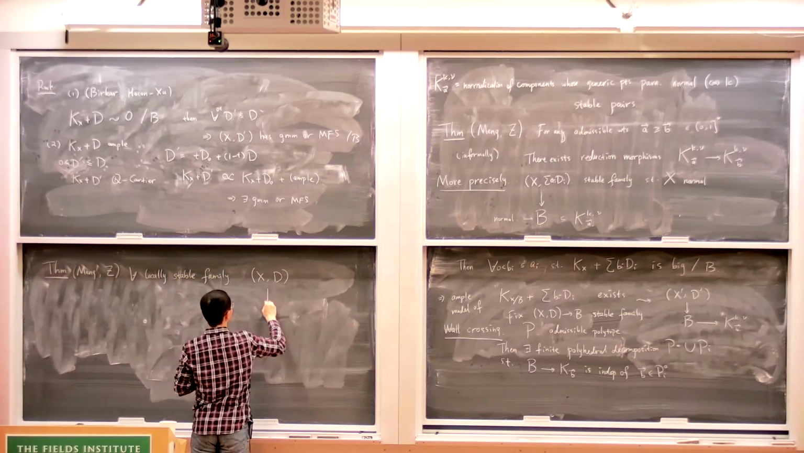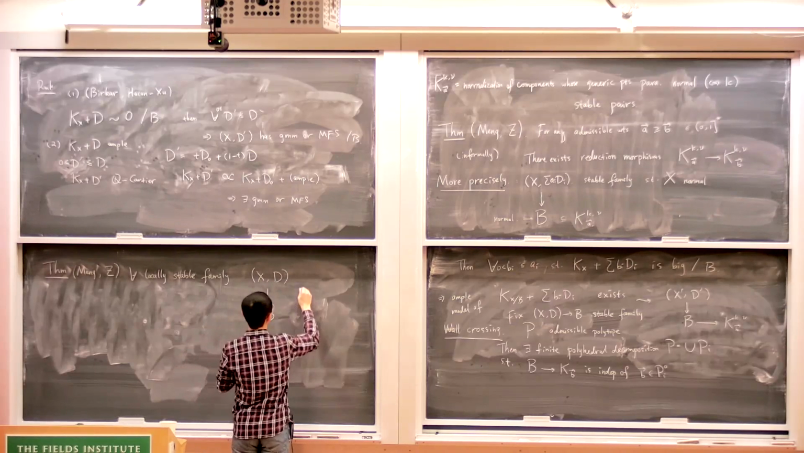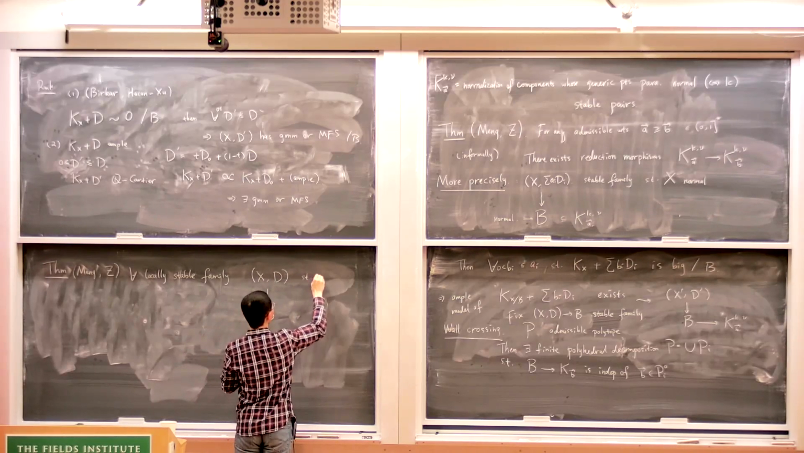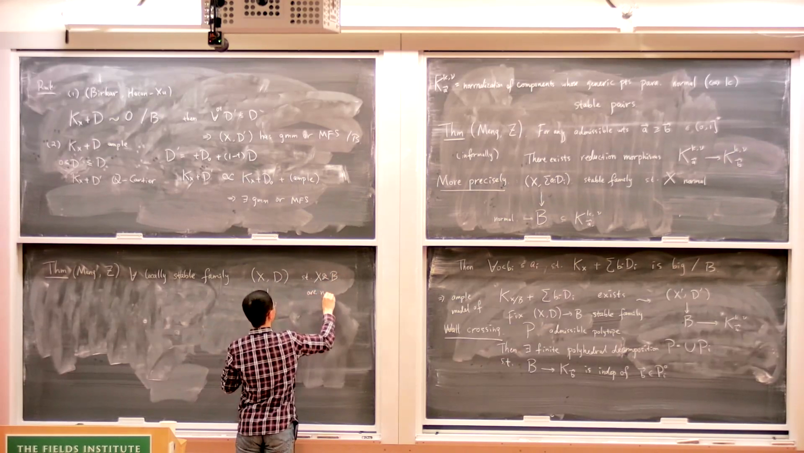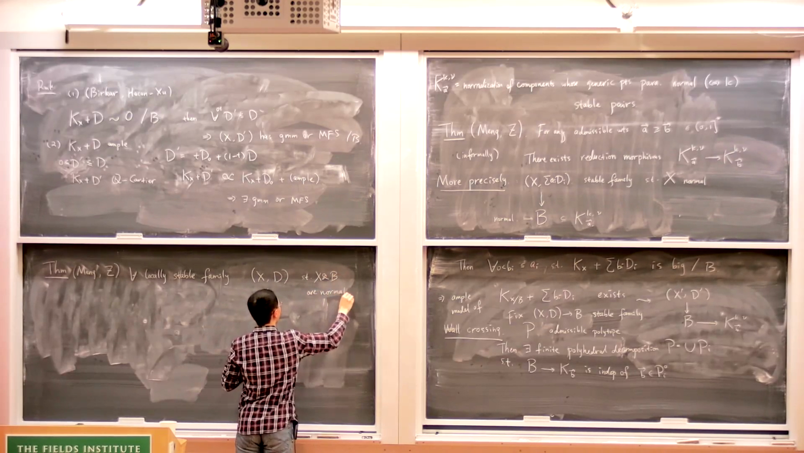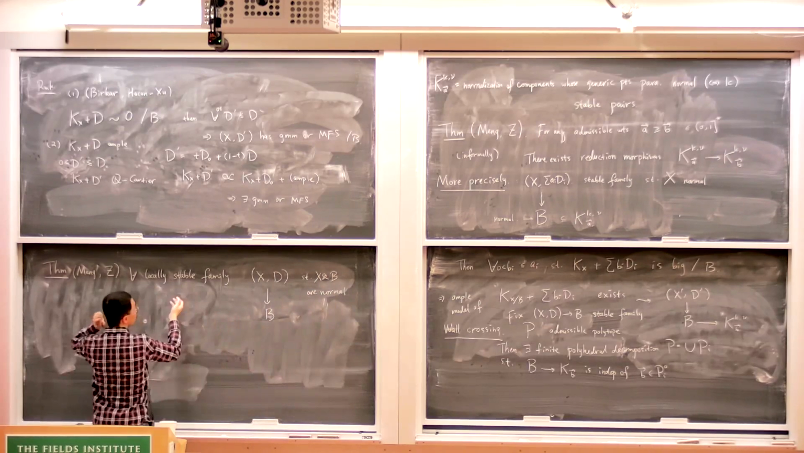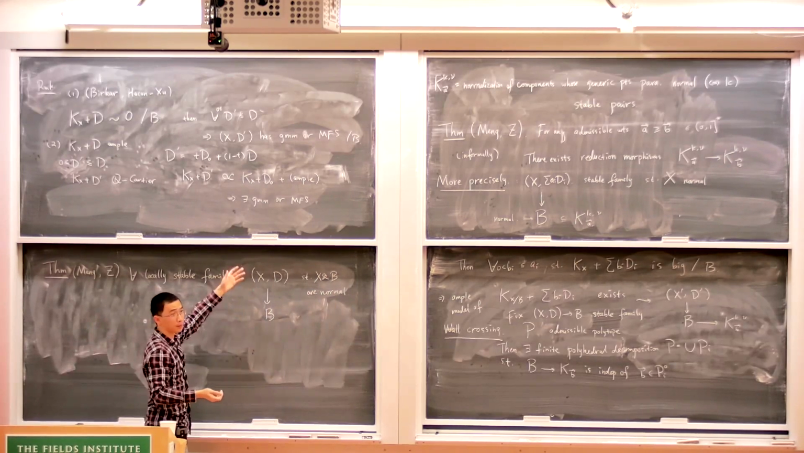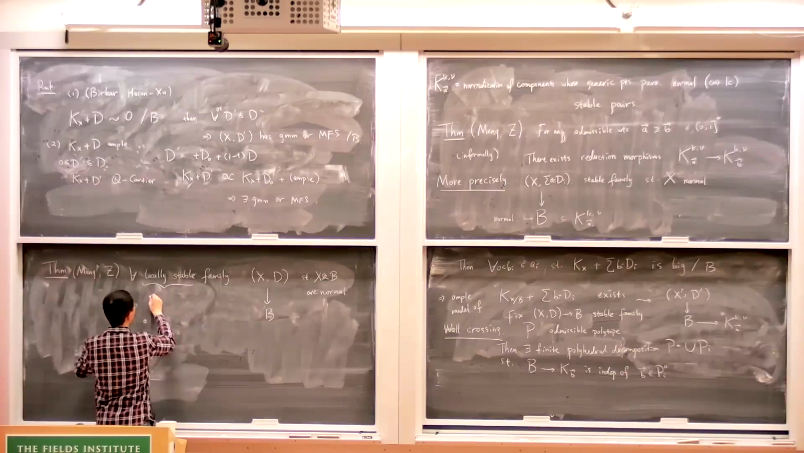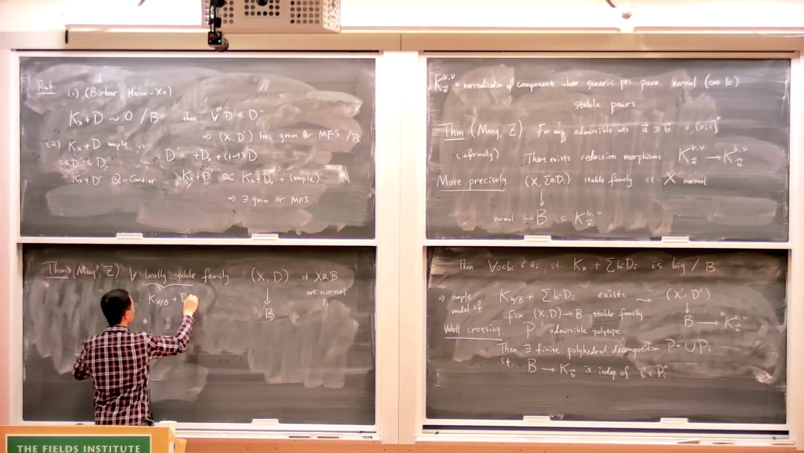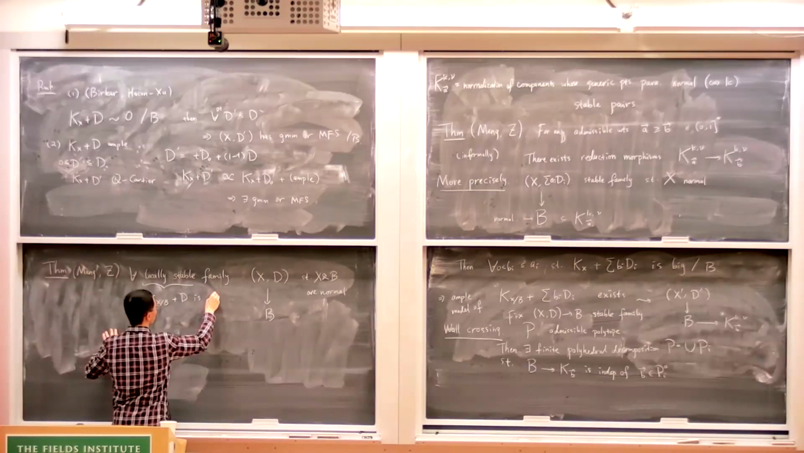XD over B, where X and B are both normal. And the locally stable condition basically means that the fibers are semi-log-canonical. So we are not assuming the emptiness condition anymore. So what you want is that this K_X plus B plus D is Q-Cartier here,